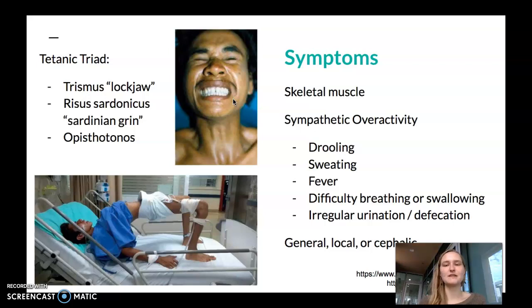Tetanospasmin affects the skeletal muscle specifically, which is, I suppose, a benefit in that it doesn't harm the heart muscles, but there can still be overactivity such as drooling, sweating, fever, difficulty breathing or swallowing, and irregular urination or defecation. There are three different types. There's generalized, which is what you can see with the tetanic triad of the lockjaw, Sardinian grin, and opisthotonus. Or you can have local, so right where the wound is, that muscle there can start seizing up. Or cephalic, which affects the